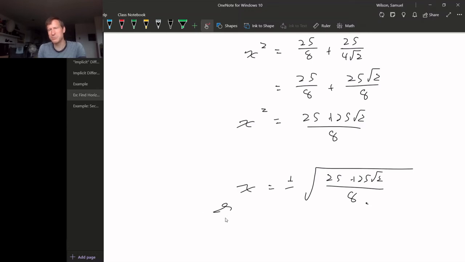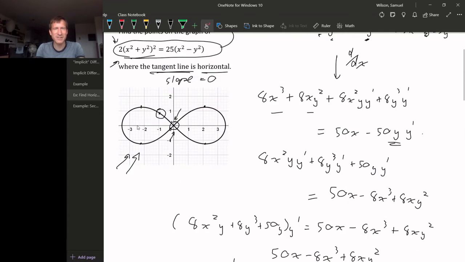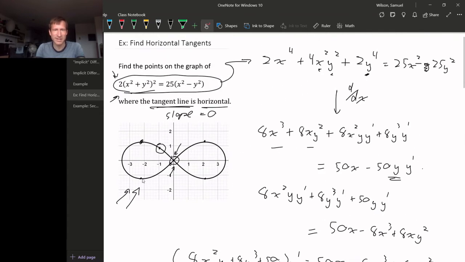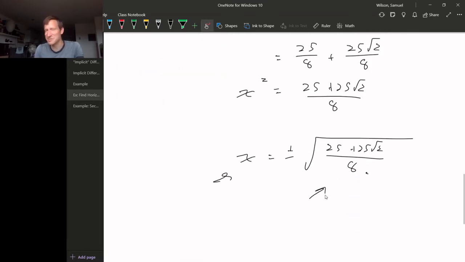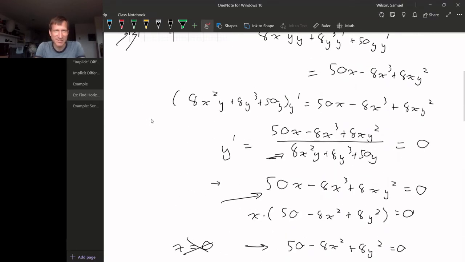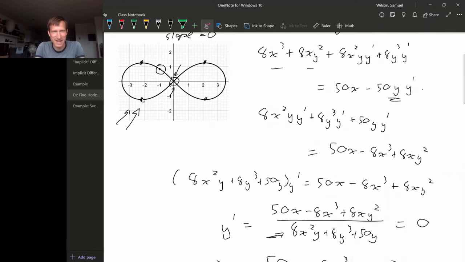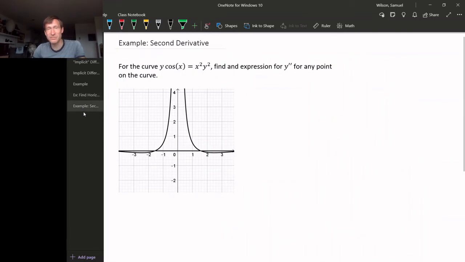Now that we've found x, we can go back to the original equation to find y if we wanted to, and that would give us these points here, here, here, and here. So it looks like, right, this is not going to be 2. So looks like these points, we could get a decimal approximation, but they actually are a little bit out past 2. For a final example of what we can do with implicit differentiation, let's take this curve and let's find